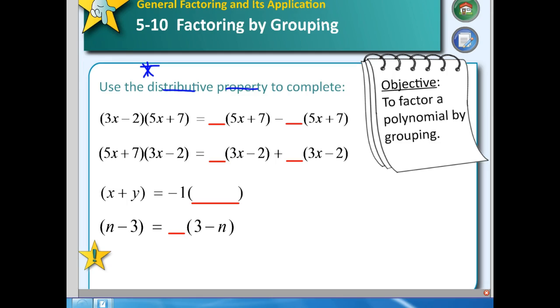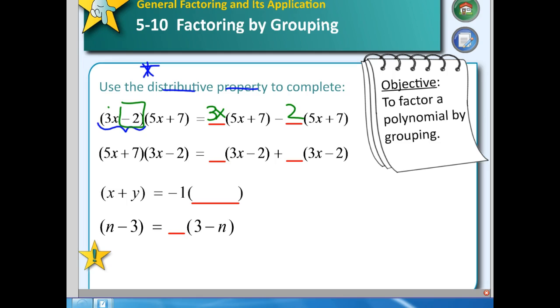If you remember, we would take that first binomial and break it up into its parts, okay? And we would say 3x times the back polynomial, and then we've got minus 2 left, and we do minus 2 times 5x plus 7. Okay? And we use that a lot. Some people like using the distributive property method. Some people like doing the box or the vertical method. But that's a really important thing that we need to see as we head into the idea of factoring by